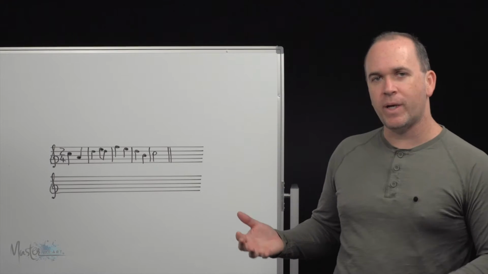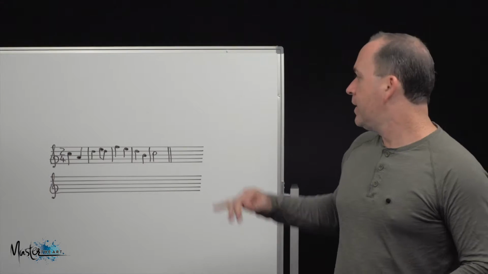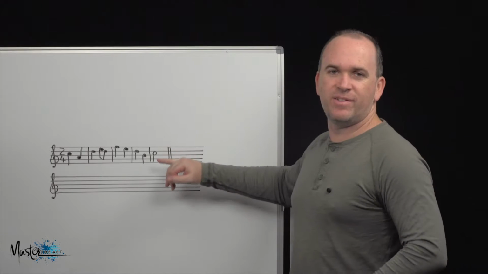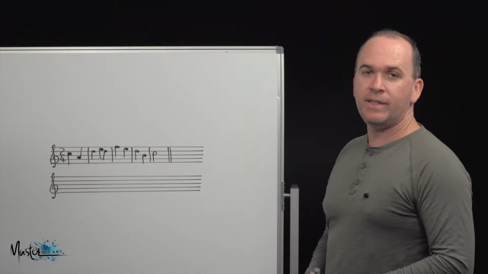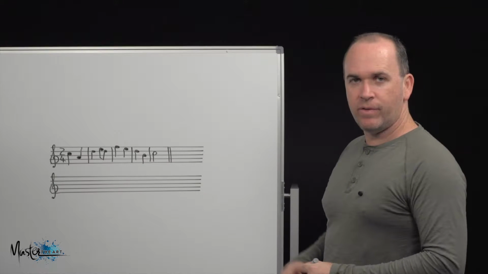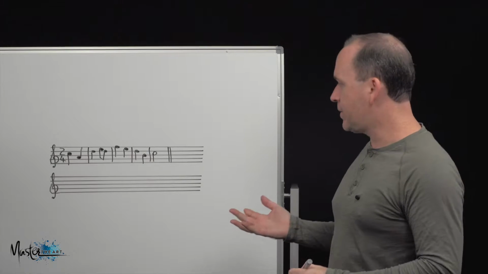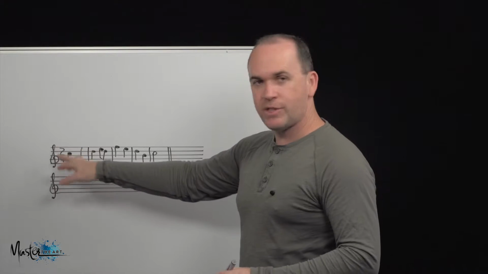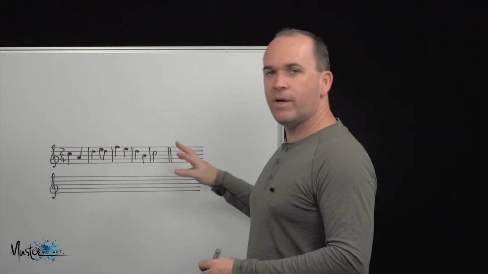We'll have a look at the first way to change key of a song. You'll notice up on the board here I've written just a tune that I've just made up, and underneath it left a blank staff for us to fill out. Now this first song here is in the key of C major. So you can see at the beginning there's no sharps or flats, and all the notes are within the C